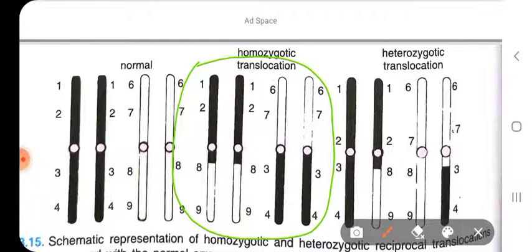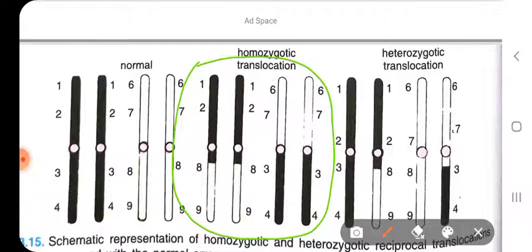It is the association of a pair of homologous chromosomes which are physically held together by one DNA crossover. So in homozygous reciprocal translocation, you cannot identify them cytologically. With the help of a microscope, by proper staining of the chromosomes, it cannot be identified properly, because this type of translocation forms a bivalent structure. Bivalents actually refer to the pair of homologous chromosomes at the pachytene stage during meiosis.